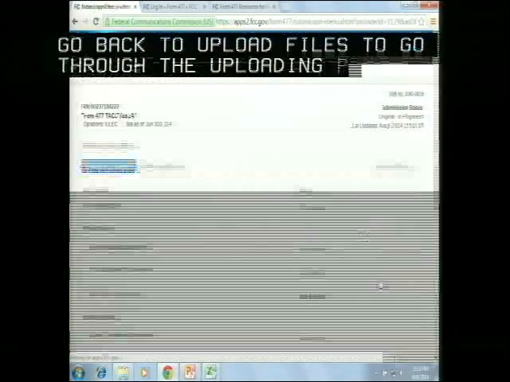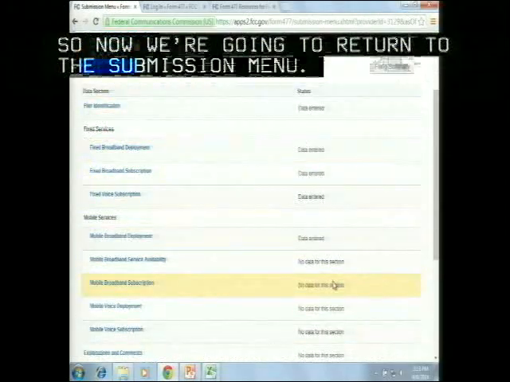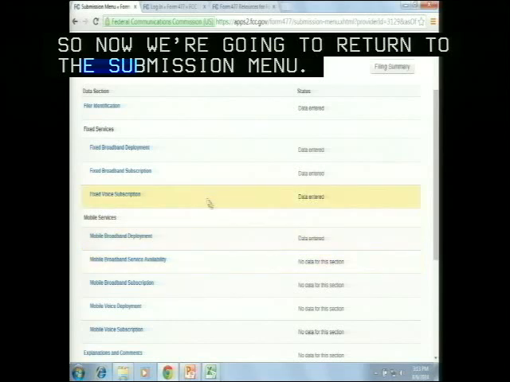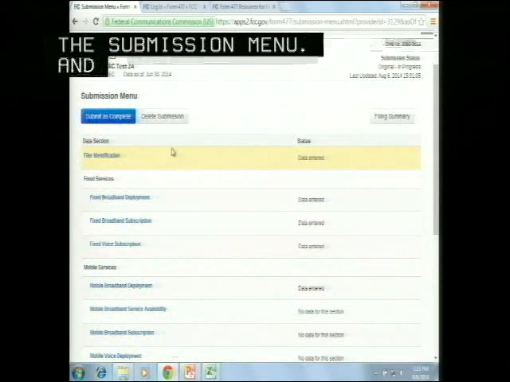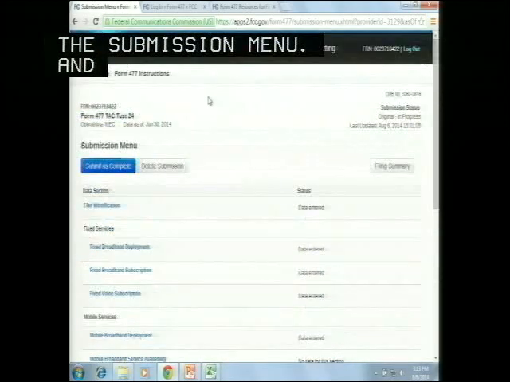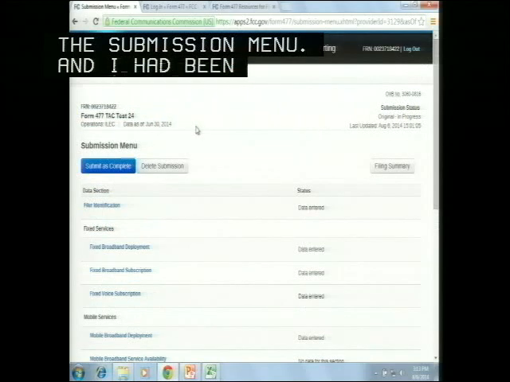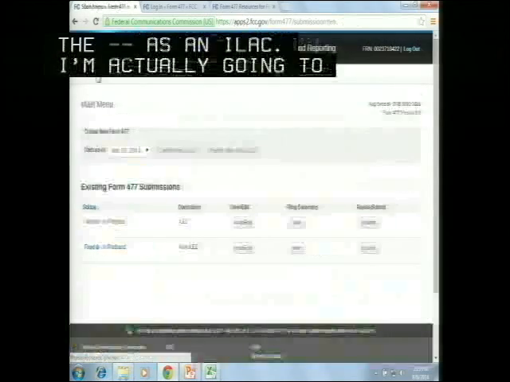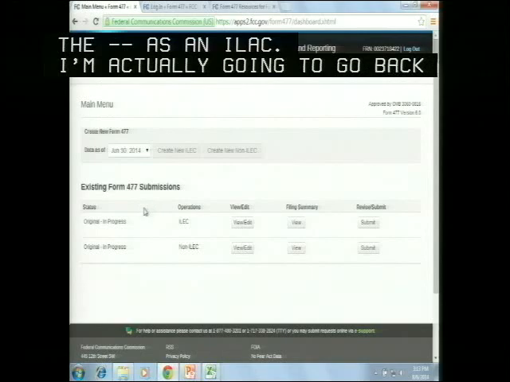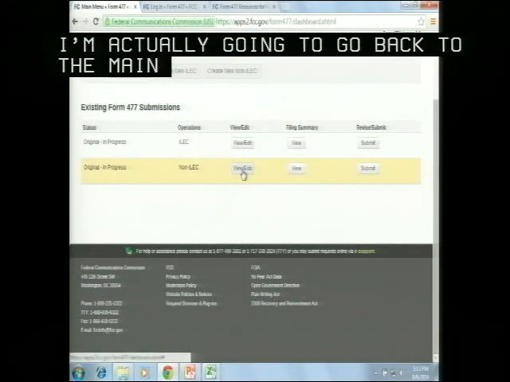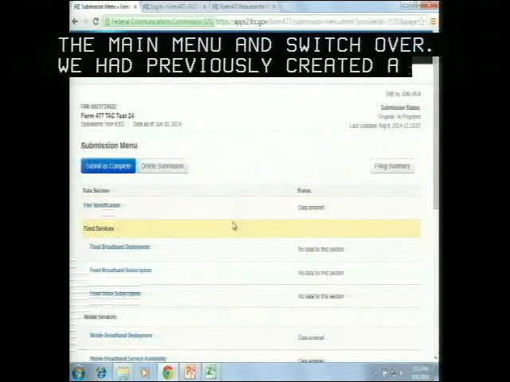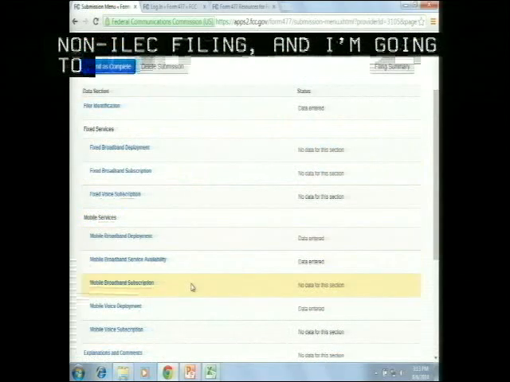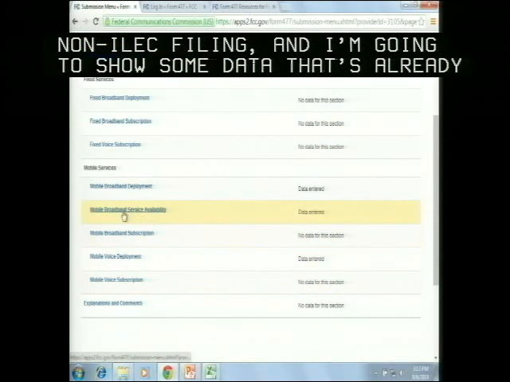So now we're going to return to the submission menu. I had been entering data as an ILEC. I'm actually going to go back to the main menu and switch over. We had previously created a non-ILEC filing, and I'm going to show some data that's already been entered there for the mobile services. So on the